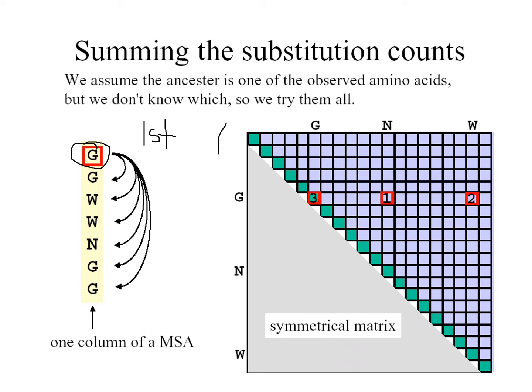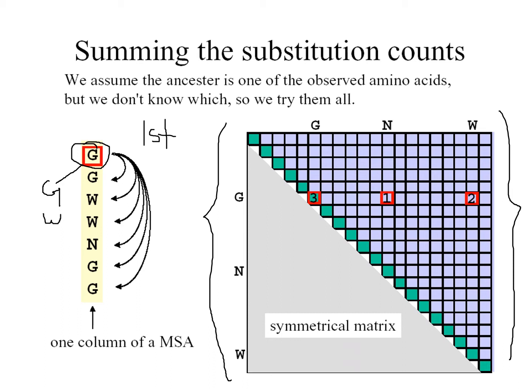All right, so as you can see, there are three different letters without repetitions. We have G, so there are two G's, so let's take one G from here. We have two W's, so let's take one W. We have N as well, so let's take N, and there are two more G's, but we have already taken G once, so we don't need to take G again. So accordingly we take the amino acids which are present in the sequence, one of each of them.